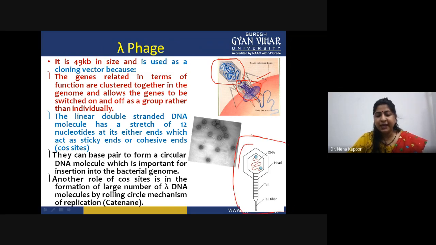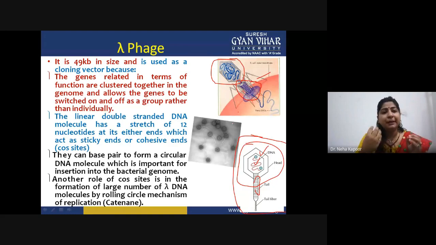This is the main head part, into which this is the DNA and this is the capsid. This is the tail part, and these are the tail fibers, which are something like this. The size of this lambda phage is 49 kb, and most commonly we use this as a cloning vector